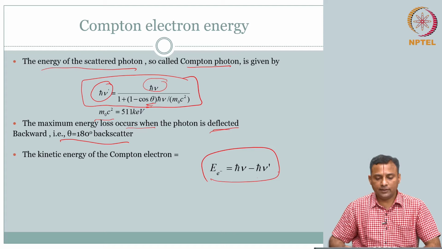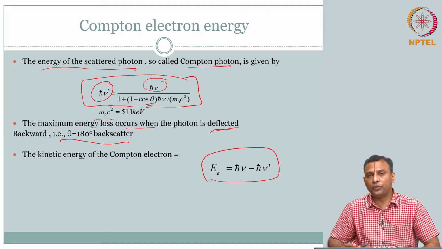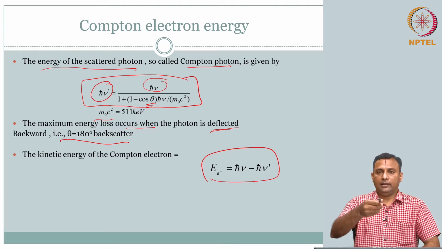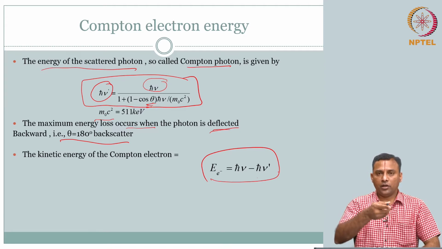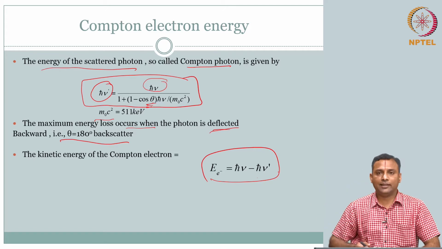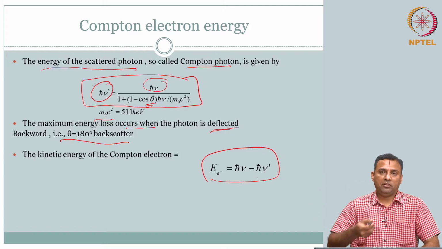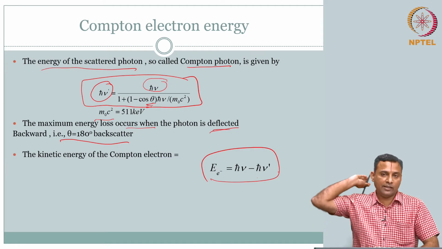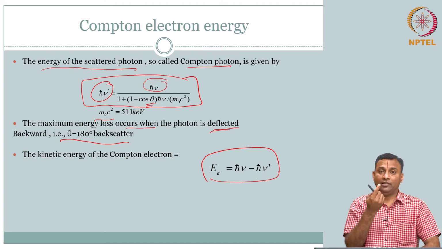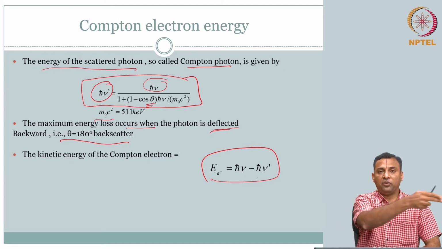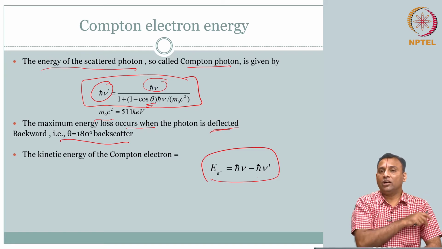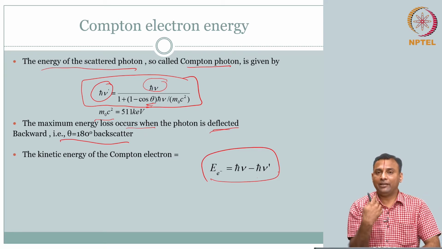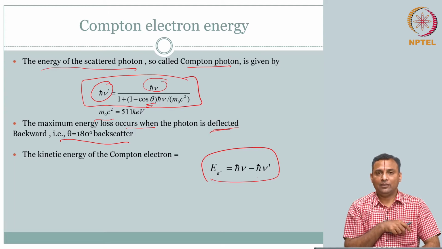So, one of the ways this will be useful is, like I said, we want to send the photon through the body and collect it when it comes to the other side. If you have Compton scattering, then what is going to happen? Oh, it is going to take a different angle. So, I might sit on the detector thinking something is coming in this direction, but because of the interaction with the body, if it goes there, that is not going to be helpful for me, because I am not going to get the signal, I am not going to get the photon to make any sense of what it has interacted with.